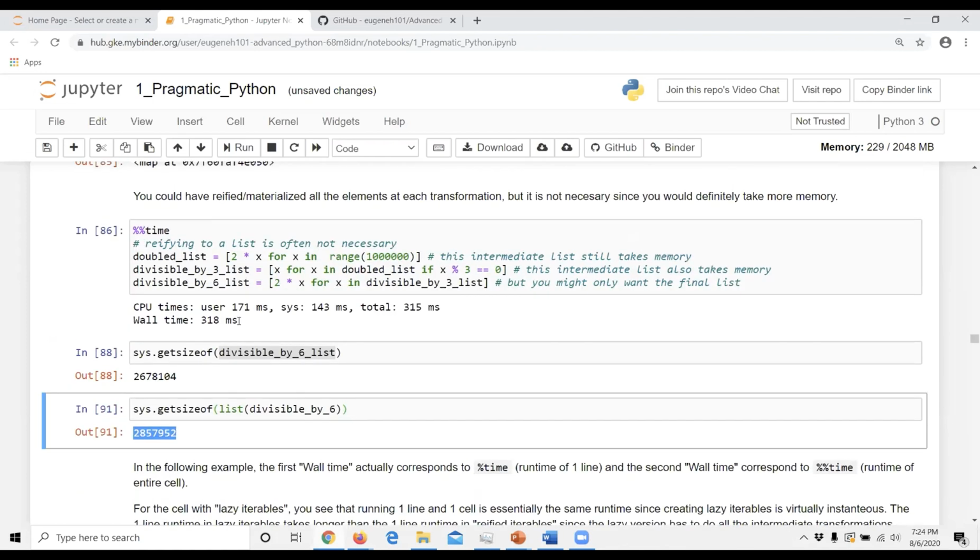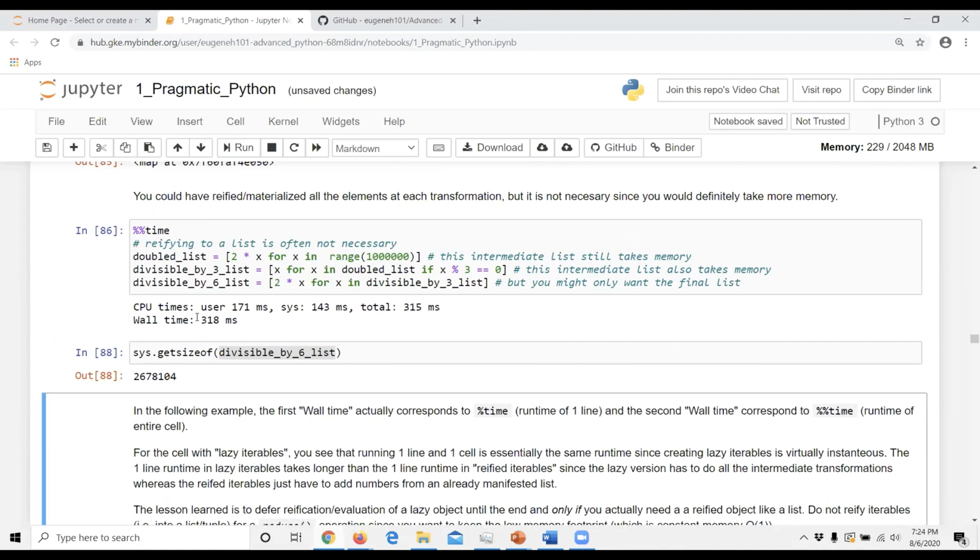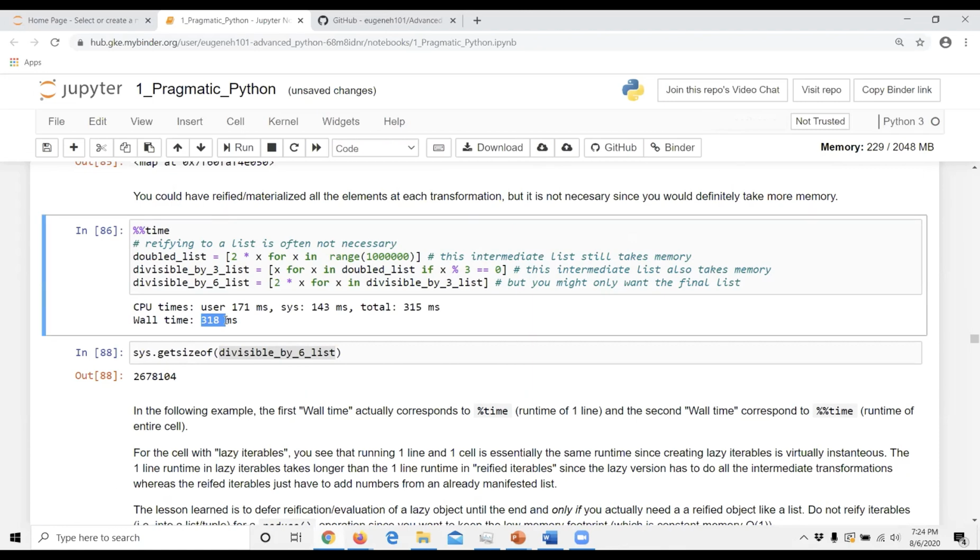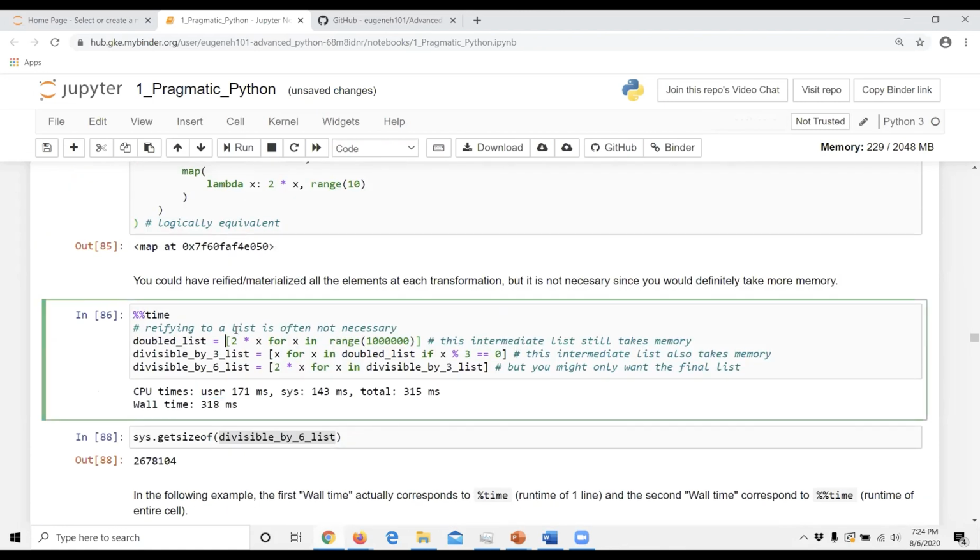So creating a reified list takes time, takes 300 milliseconds. So that's like a third of a second, right? Because it's actually got to create this list, then derive off the list, create another list, and then create a third list. So there are actually 3 lists in memory, all of them taking variable amounts of RAM. So in O(n) space complexity, you have 3 lists, where this one is actually the largest one.